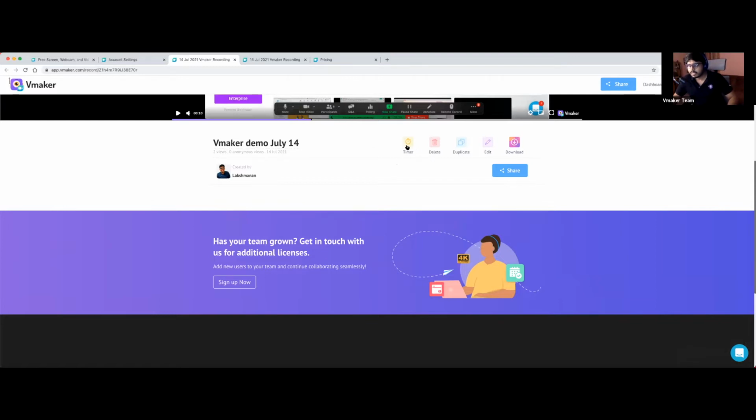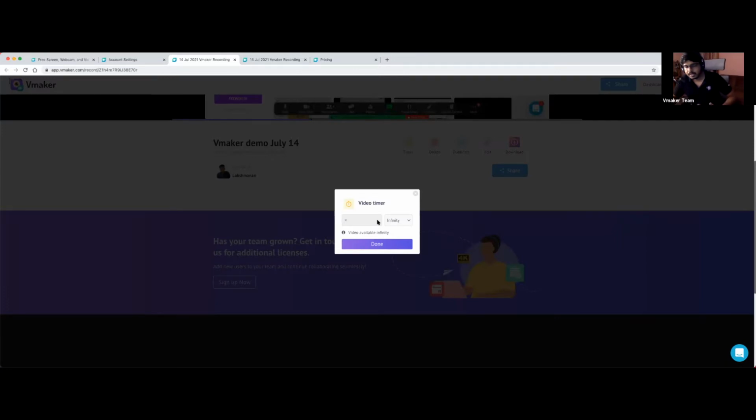And followed by that, you have the timer option. Let's say you're sharing the video with a particular client, proposal, or probably a sample. You can set expiry as well. For example, I'll just click days, and I don't want you to watch the video probably after 4 days. 4 days is the time in which this video should be available. Then yes, you can do that.